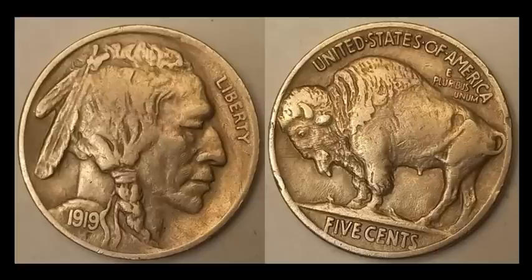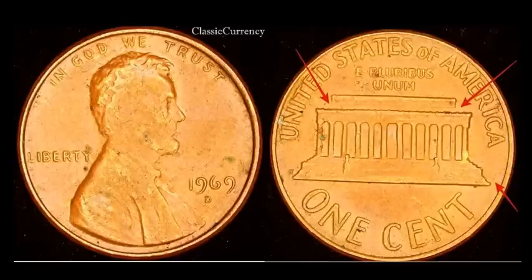1919P is one of the more tougher dates to find with the two feather variety. And I mean, we got to talk about this one because everybody brings this up, whether it's on YouTube, on a forum page, or TikTok or whatever. It seems to me that there are a lot of people that are very hung up on this coin that at one point used to be in the cherry picker's guide,